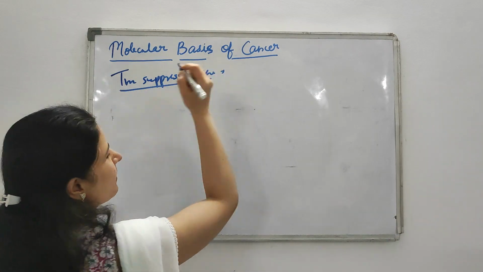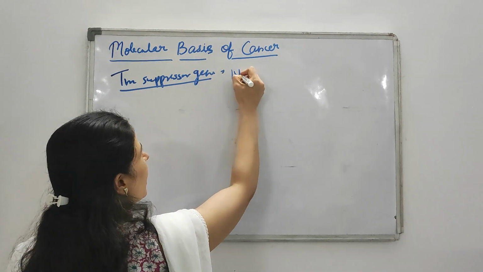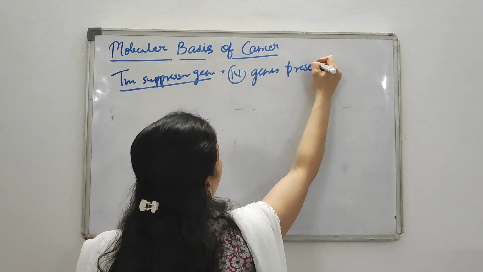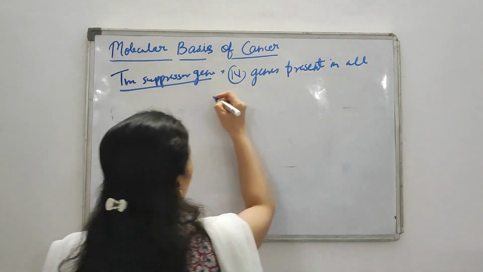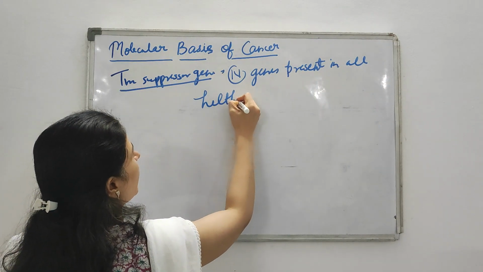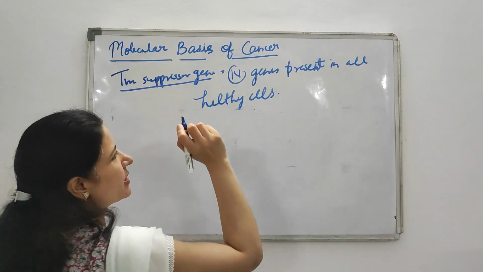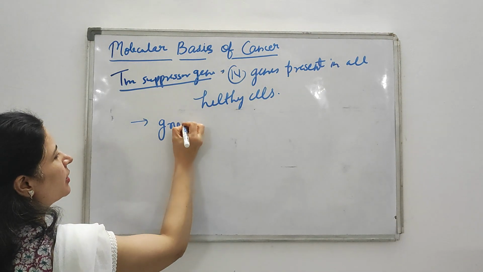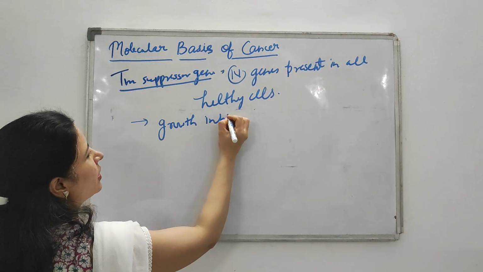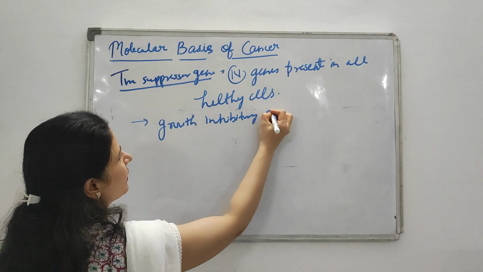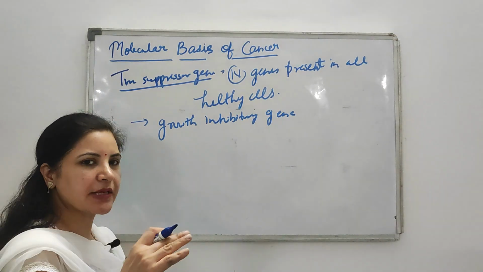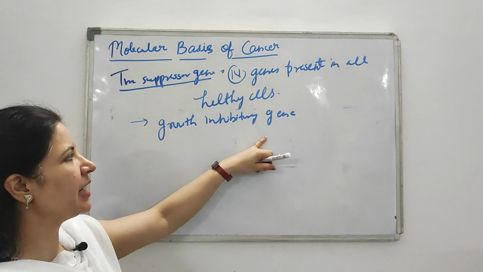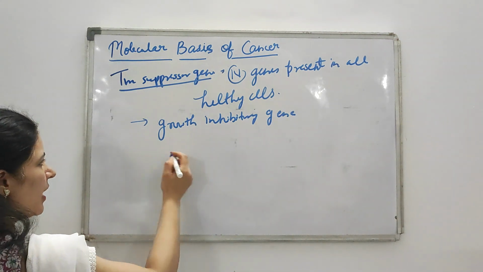So what is this tumor suppressor gene? These are the normal genes present in all healthy cells, and these are growth inhibitory genes. As the name suggests, tumor suppressor. Suppress means inhibition. So these growth inhibitory genes will inhibit the growth of cells. Now,